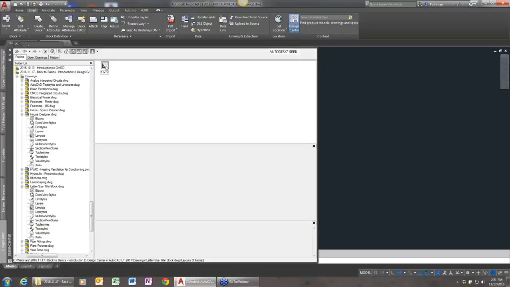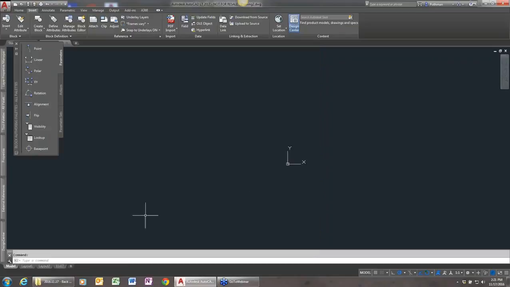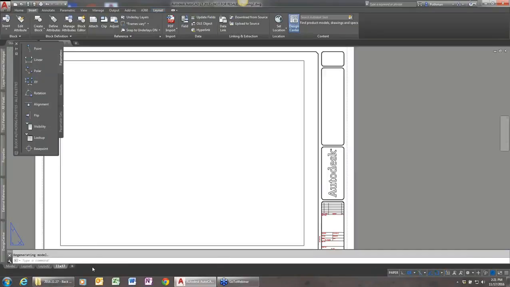So if I take this layout and drag and drop it into my file, it just created this 11 by 17 layout with the title block that was in that other drawing file. So I didn't have to open it and XREF it in or whatever. I just dragged and dropped it and it created the layout for me. By the way, just another tip